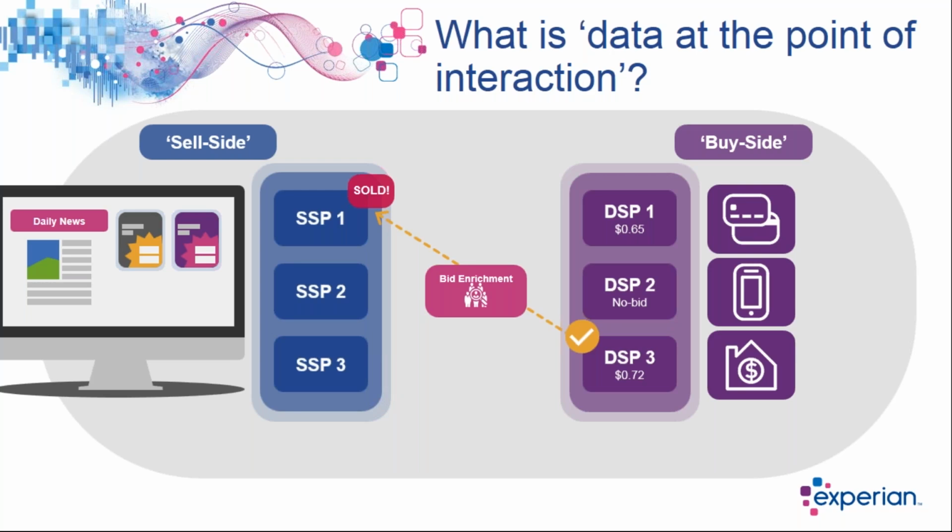As you can see, this is much more efficient. This is a much more intelligent way of accessing data at this point of interaction. It's also much more secure because you're only putting that data out there once. And it's much more compliant because you can understand exactly who is accessing your data and when. This is a very simple example of data at the point of interaction.